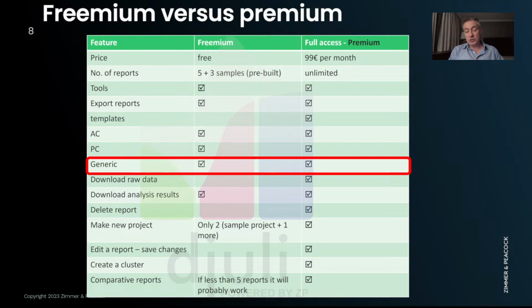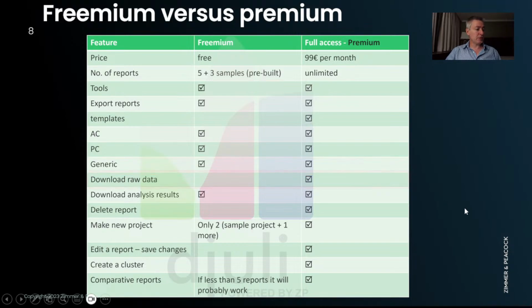It is particularly, and we are electrochemists at ZP, tuned up for electrochemical data. That means we are very good at handling potentiometric data, amperometric data, voltammetric data, impedance data, and we're also good at handling IV curves from FET devices.